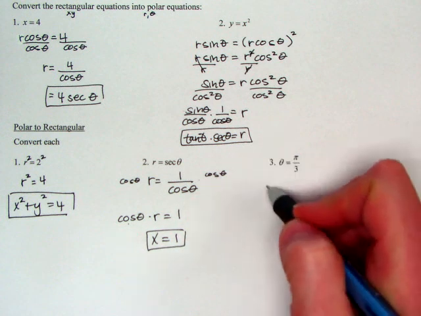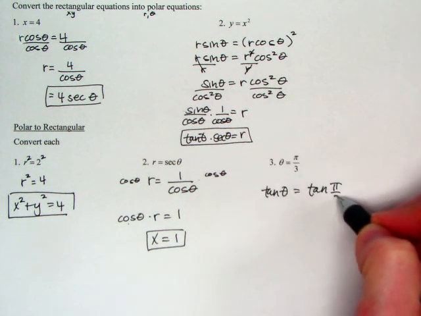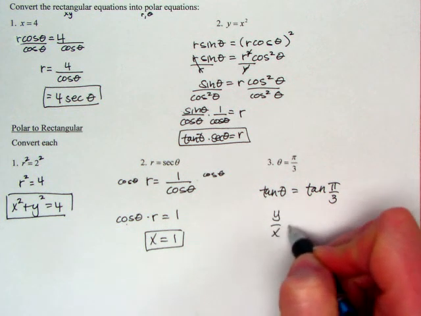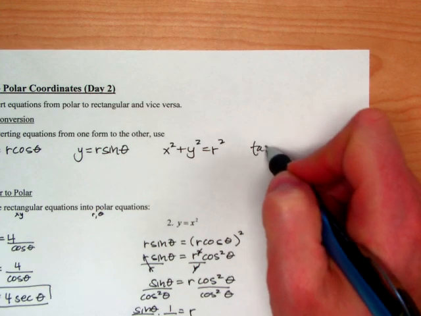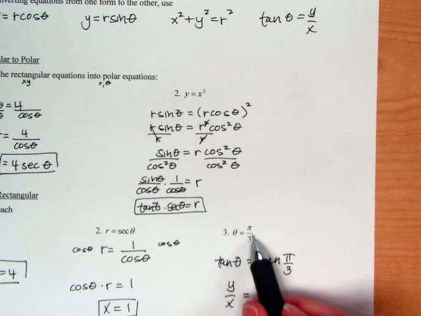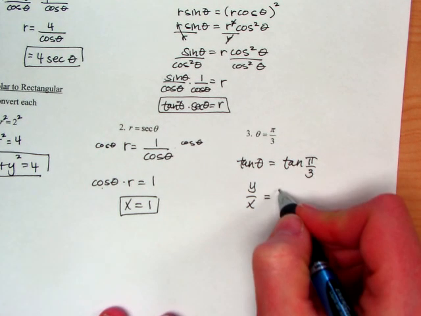But if I tangent theta and I tangent pi over 3, tangent of theta was one of our other little equations to use, y equals x. I should add it here. The only time you'll ever use it is when we have ones like this, when you have a theta equals an angle. And so I know that tangent was equal to y over x, and the tangent at pi over 3, I would just have to go look on my circle, and that would be square root of 3